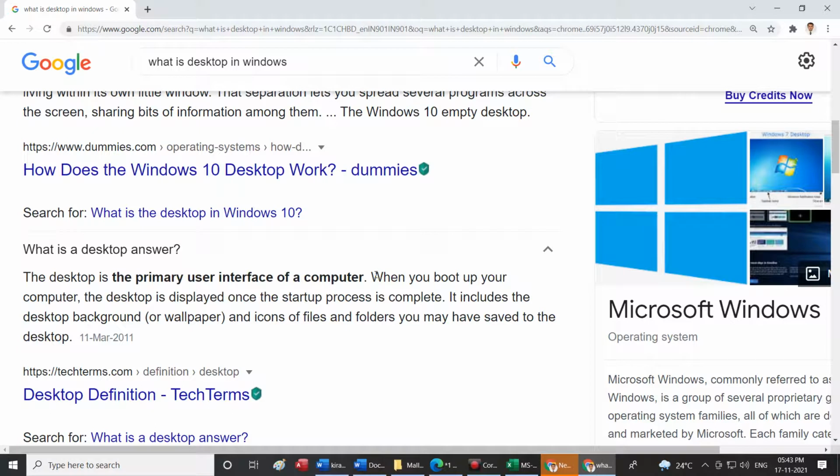When you start your system by switching on, it boots the system and takes you to a logon screen.